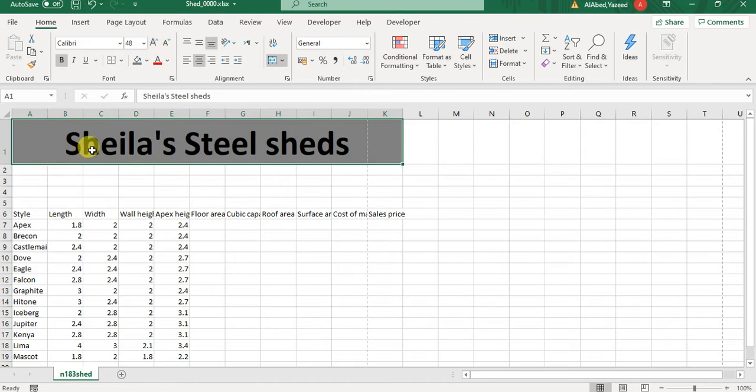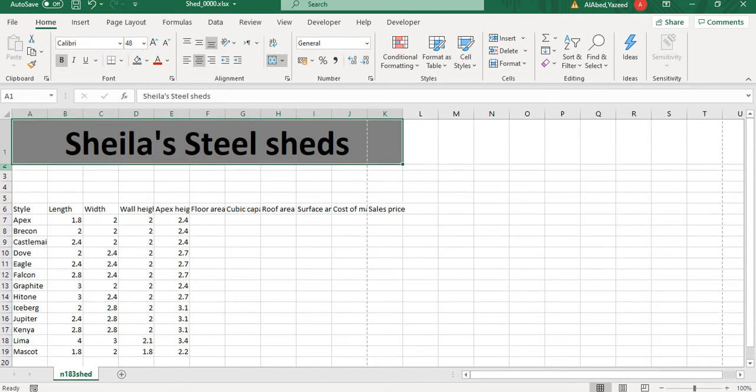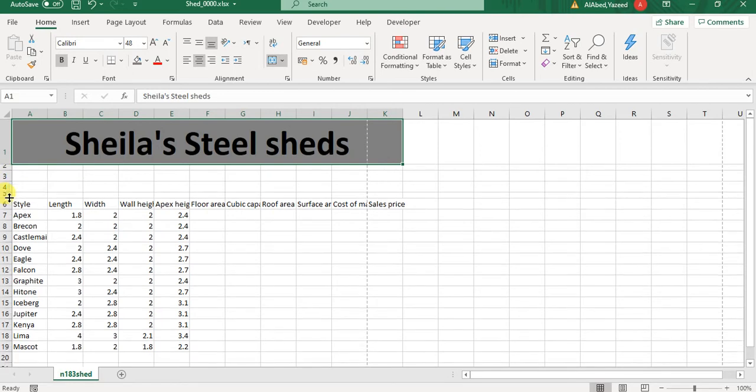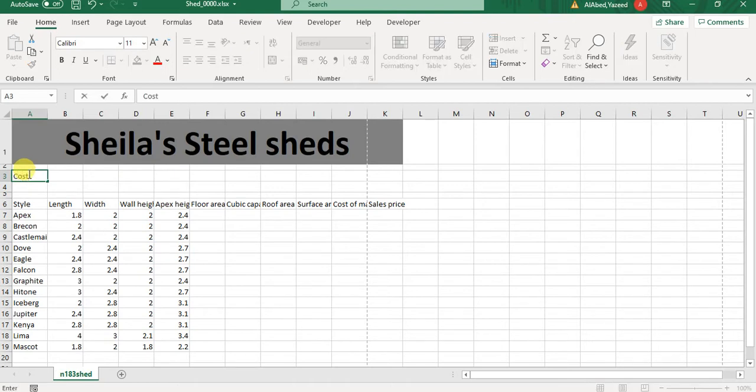As you see, it is Arial, it has no curves, it has no angles. And now in A2 here, I have to make a crop for the top of row 2 and also for 5, as in the question paper. Now in A3, I have to write cost of